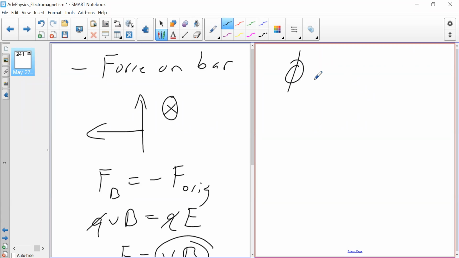So we know that magnetic flux is magnetic field times area. The area that's created by the bar and the wire is going to be